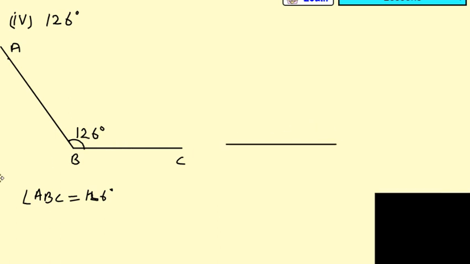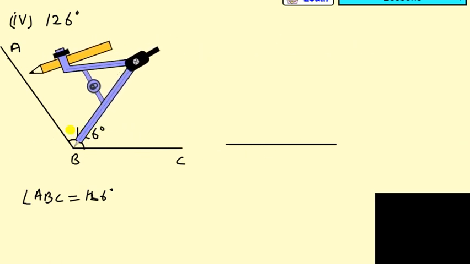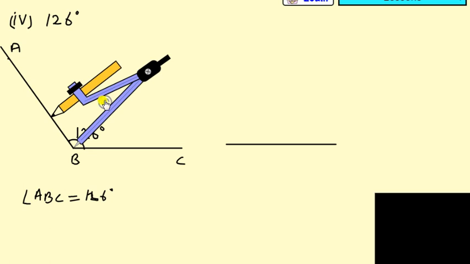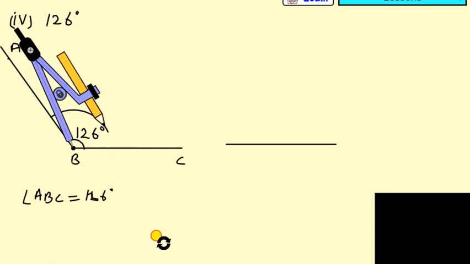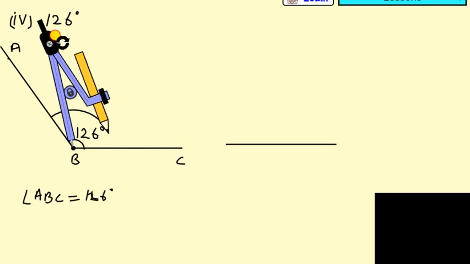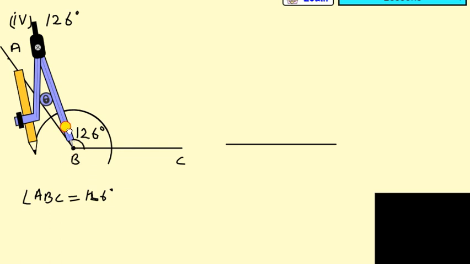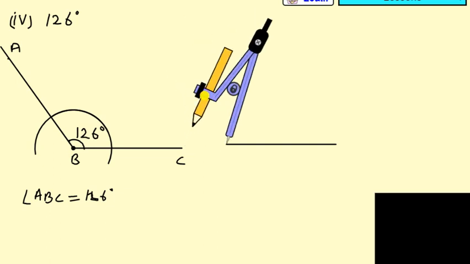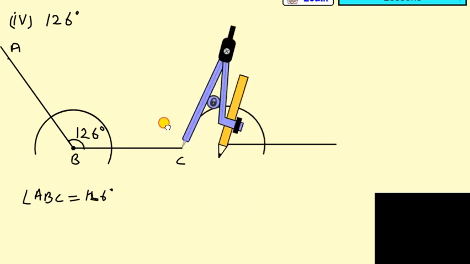Now the same arc you can draw here like this, and now measure the angle from here. This is the angle. Now take at this point and make an arc like this, remove this and join the line with the help of a scale. And you can see it is also 108 degrees.